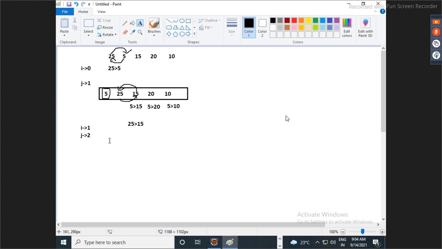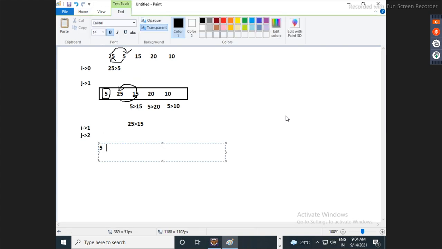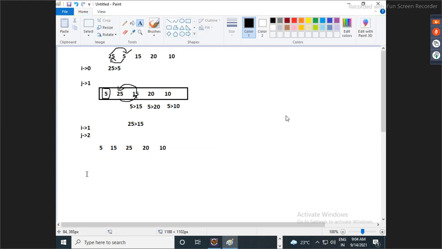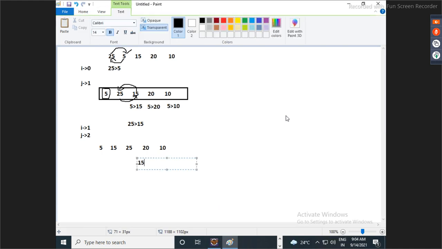So now what is the new position of the array? 5, 15, 25, 20, 10. Next, this iteration done. Now is 15 greater than 20? False. No change. 15 greater than 10? True. Big change.